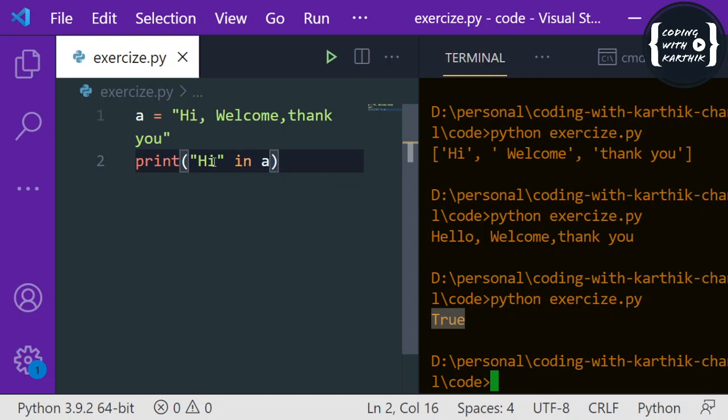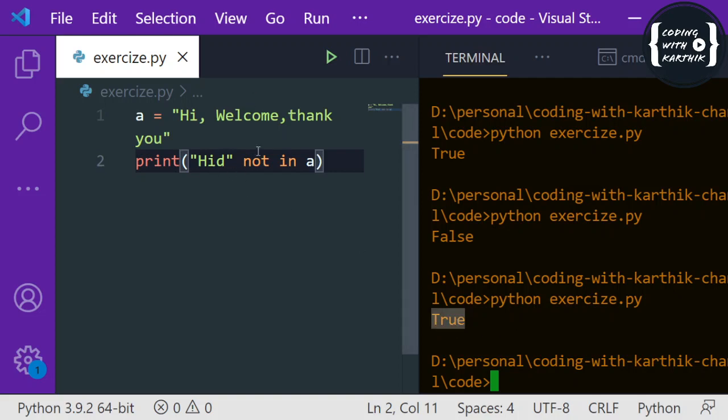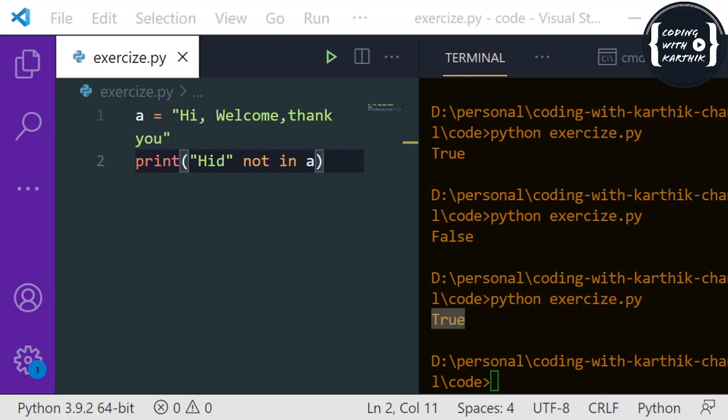Otherwise, if you want to check the opposite, you can use not in. It gives False since it exists, so if you use not in, it will give you False. Let me write something like this. Okay, see this, it is True since this word does not exist in the string. So that's what is becoming True. So this is how to check whether substrings exist or not. This is how the in and not in methods work.